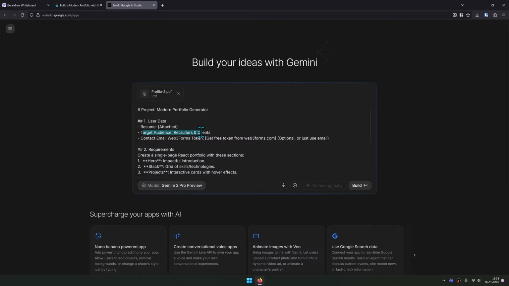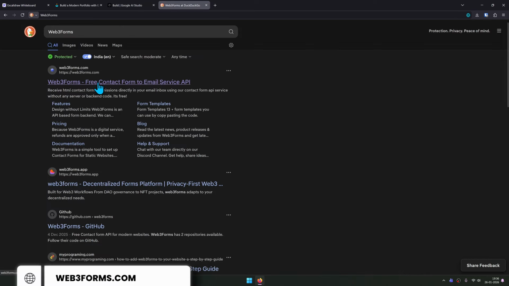Next thing is target audience. Who is the target audience for this portfolio? So in my case, recruiters and clients might be the ones, right? So the Web3 form token is actually important when someone from your portfolio wants to send you a message. Web3 form directly allows you to send messages. Okay,